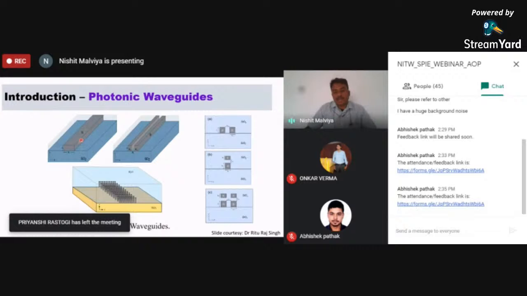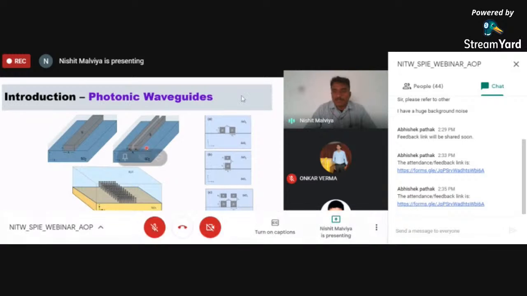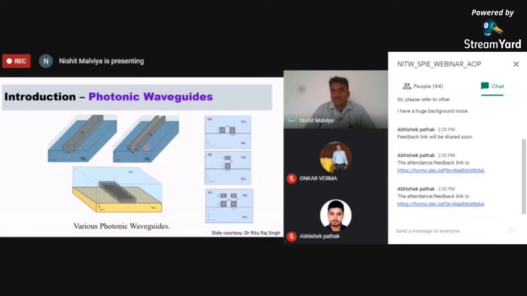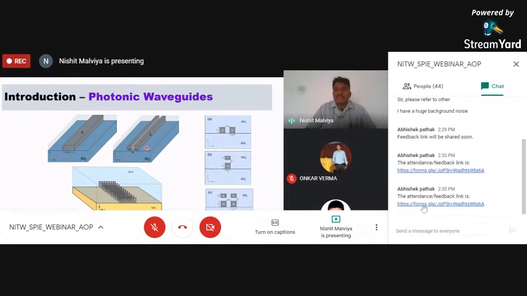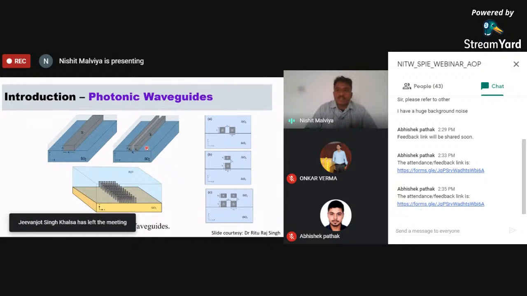This is the rectangular waveguide. Now this is the slot waveguide and the silicon nanowire. These are the different types of photonic waveguides. These waveguides are the building block of this technology. By using this waveguide we can control the light, and by applying an electric field there and using the electro-optic effect we modulate the light. By using nonlinear optics we control the phase of the light using these waveguides.